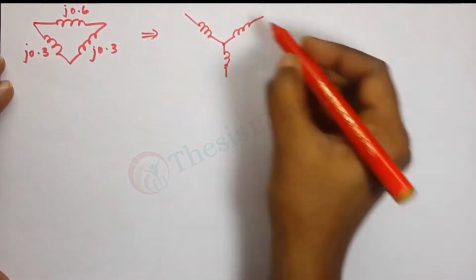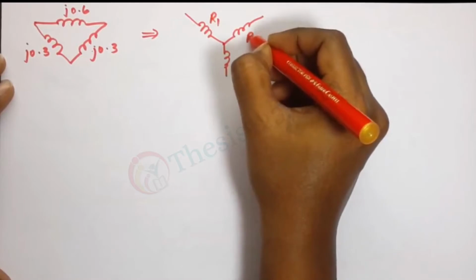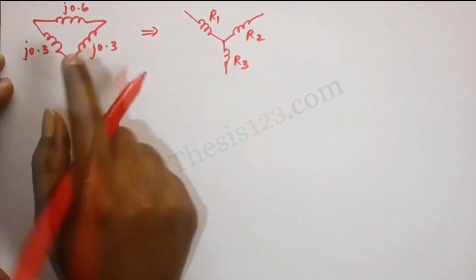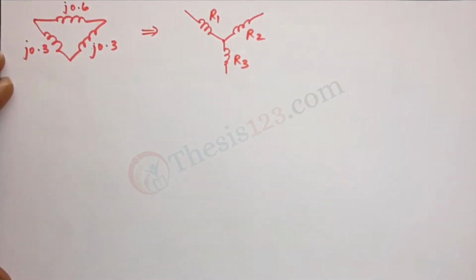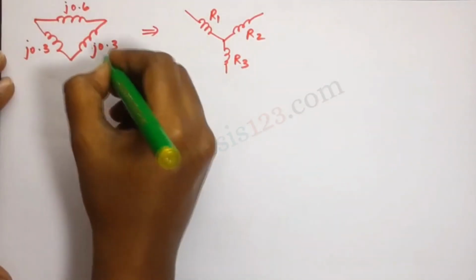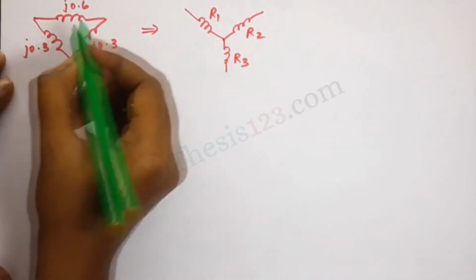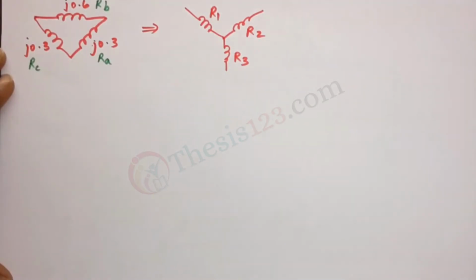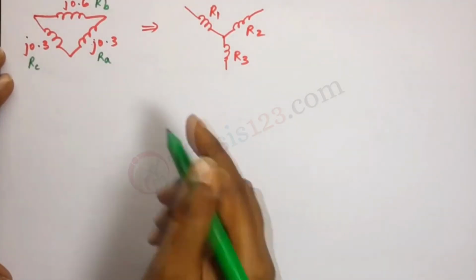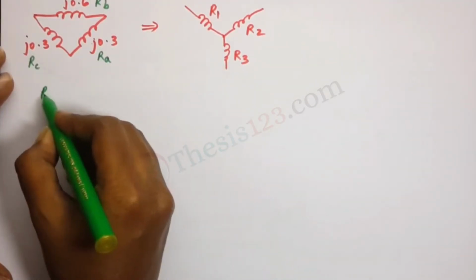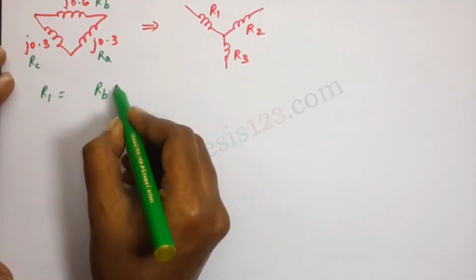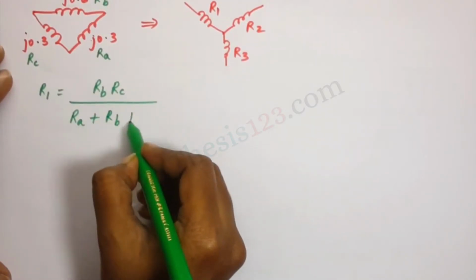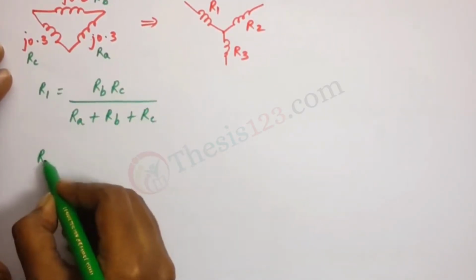Okay, let's call this R1, R2 and R3, and correspondingly here we would have, this is RA, this would be RB, and this would be RC. So we know the conversion formulas. The formula is R1 is equal to RB RC divided by RA plus RB plus RC. Similarly, R2